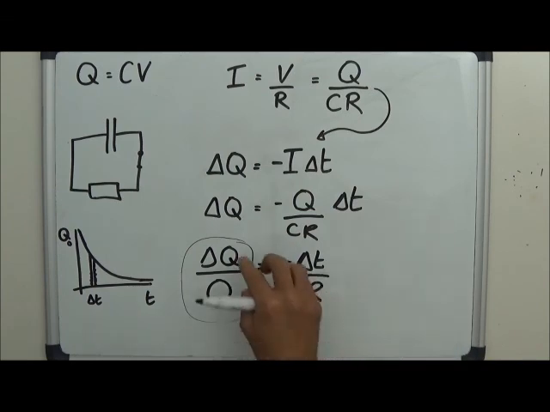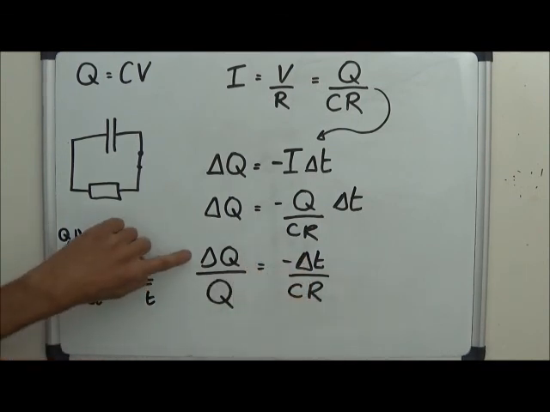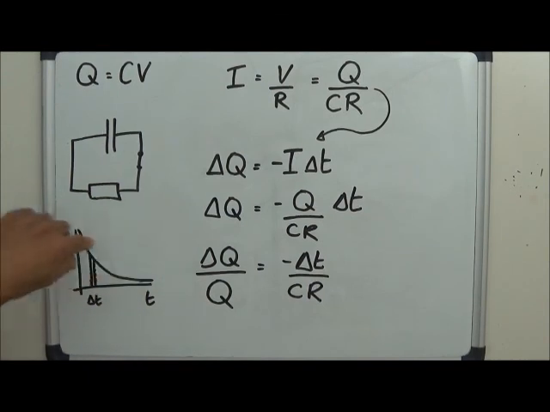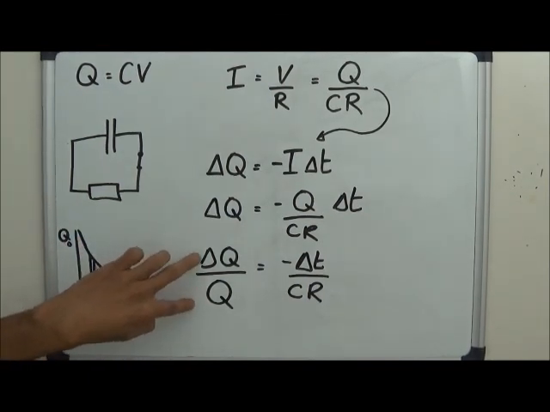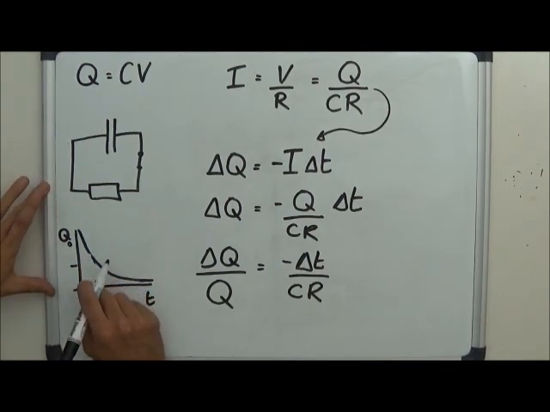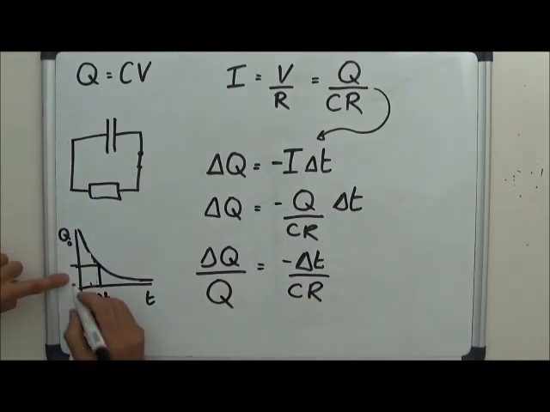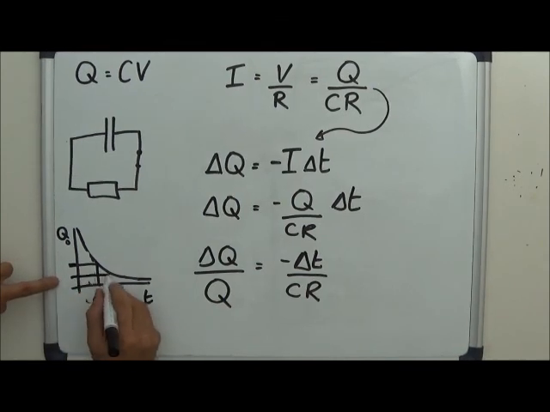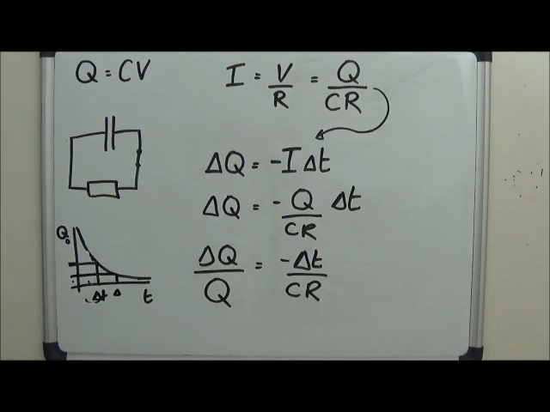So let's say delta Q here was, I don't know, half of the charge that's on the plate. The original charge was whatever it was, but the time it took to fall from the original charge, Q0, to half, I'll draw this on here now, let's say that was this delta t here, then the time it's going to take to go from this charge to half of that will be the same. And so we'll end up with this exponential curve. What it's telling us is